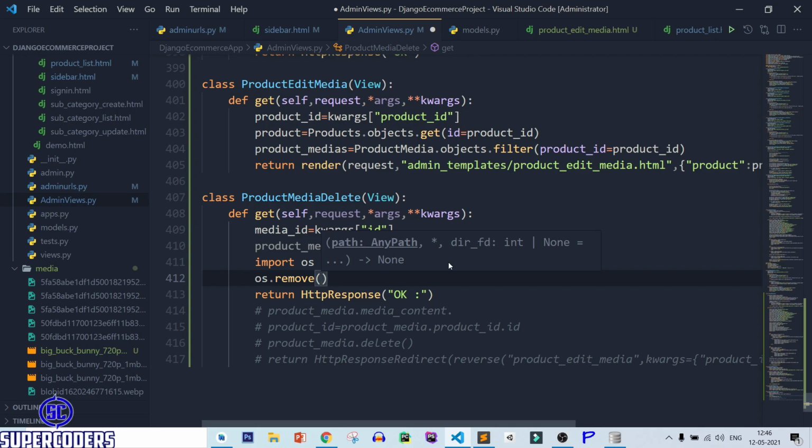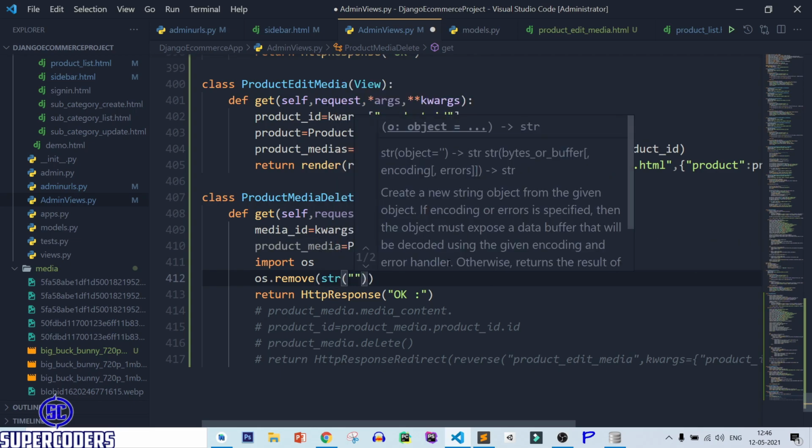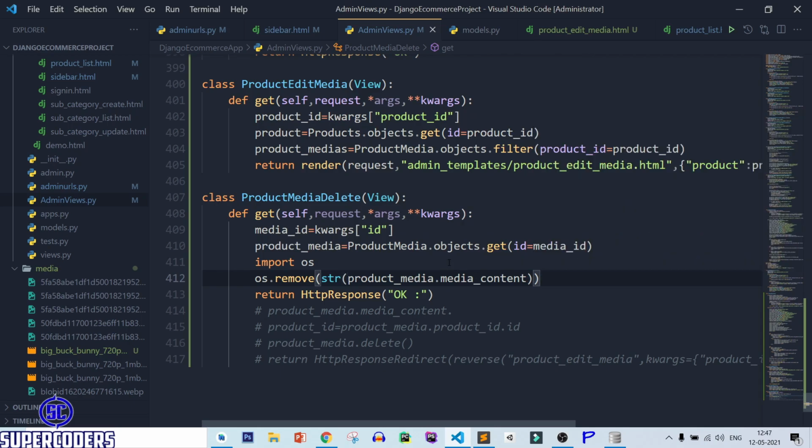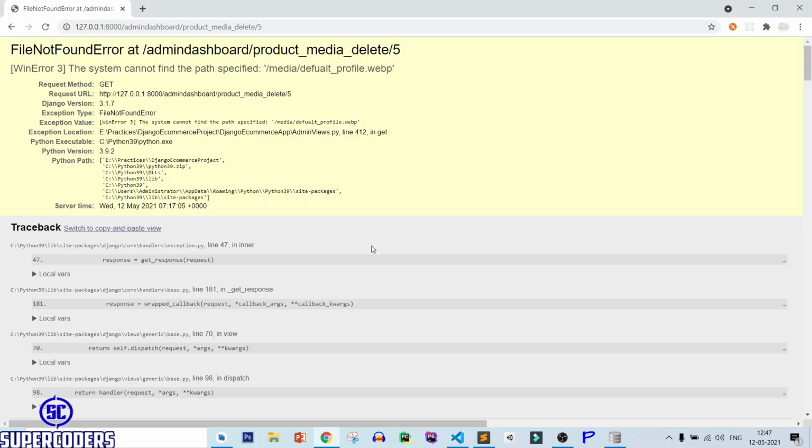So just pass your path, which is str product media dot media content. Save it, refresh page, and it is showing error.